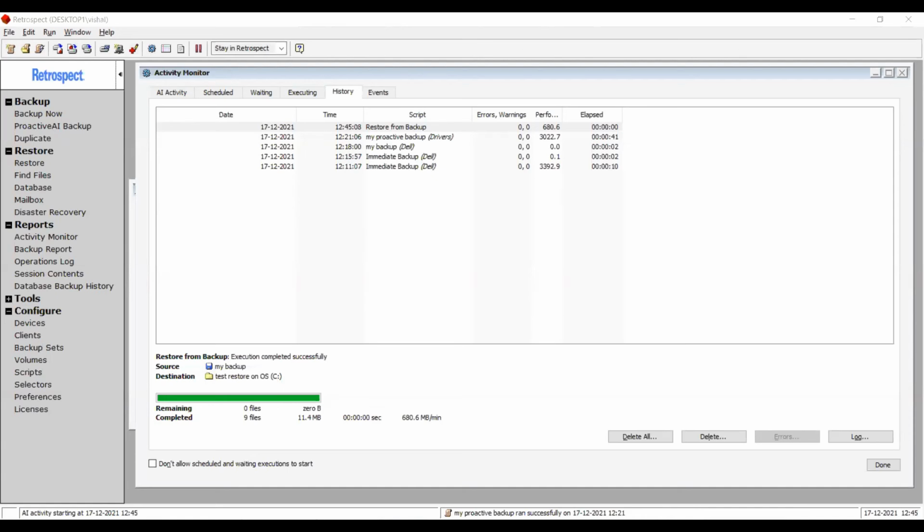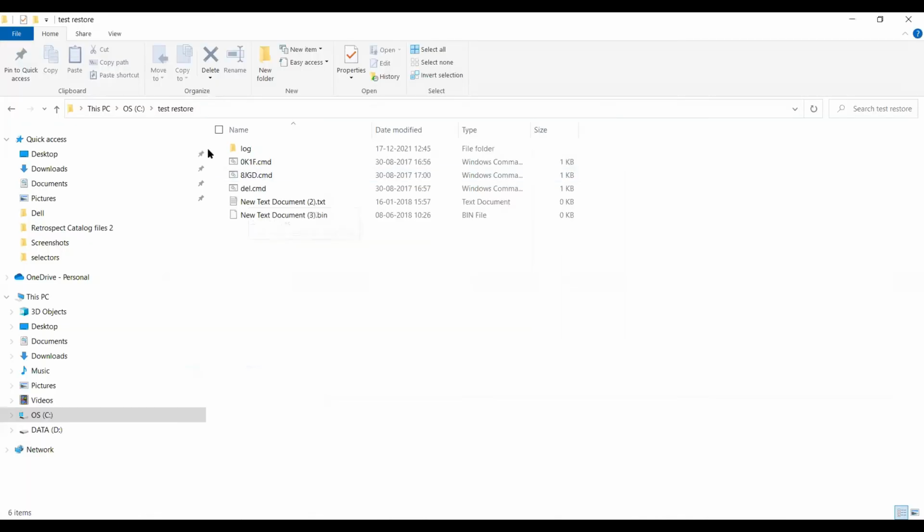So here you go, and you can see that I'm at the C drive test restore folder, and these are the files that we restored, 5 files plus 1 folder. In total it should be 9 files, and if I check, there are 9 files. Okay, so that is how the restore works.